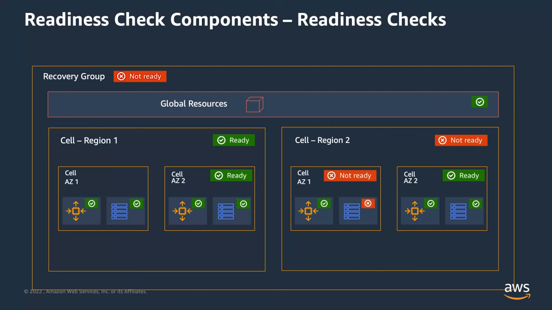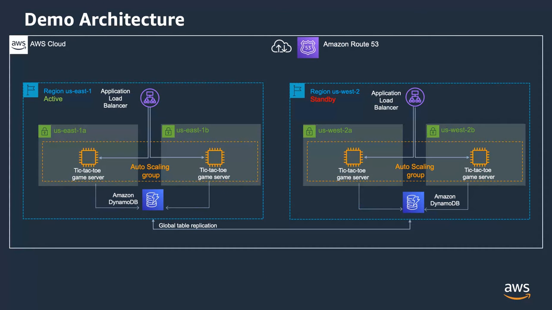So the readiness audits can include things like checking for capacity, configuration, quotas, the routing policies. For example, if you want to audit readiness for EC2 auto-scaling across 2 different availability zones, you can create a readiness check for that resource set with 2 resources, 1 for each auto-scaling group. And then the recovery controller automatically monitors those instance types, the counts in the group, etc., to make sure that those are equal between the two before you initiate a failover. And that's exactly what we'll be seeing in our demo.